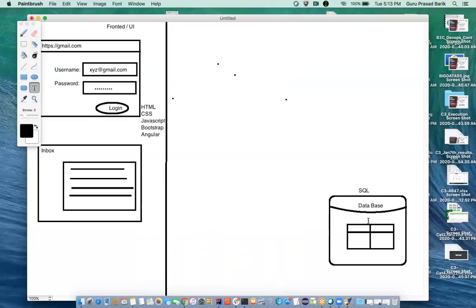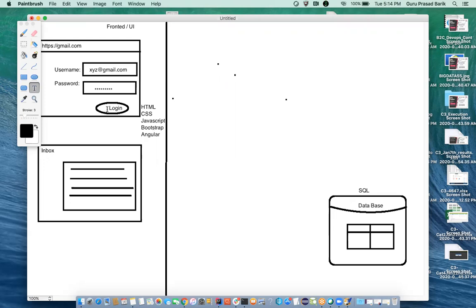We can't hold this data in the front end. That is the problem. The front end technology needs someone's help to get the data from the database. Data can only be stored in a file, in a database, or in a remote location. There are three places we can place our data. A file we can read using different technologies.